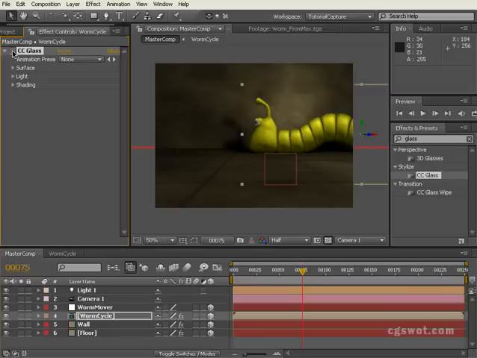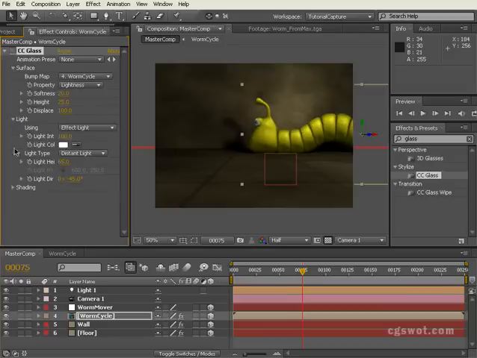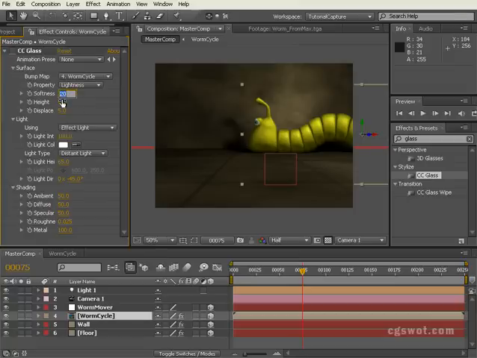Now it's blooming right out, and CC Glass actually has some displacement, and if I bring the displacement down to about 5 and the height down to about 5 and the softness down to about 2,